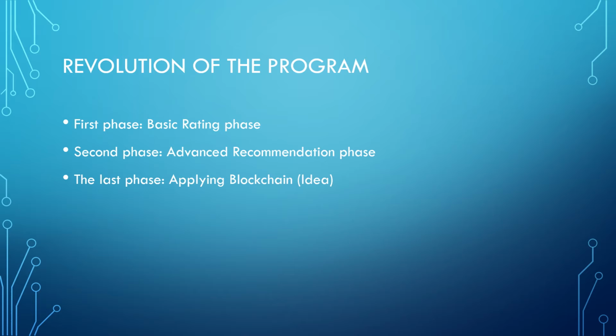So, in the basic rating phase, our idea is that the program will be able to rate prices, the location of houses and properties, the infrastructure there, and every aspect that can be rated. As you know, in the real estate sector, prices are unstable and fluctuate based on geographical location and market demand. So, to rate the cost of real estate, we need to make a ratio based on the location and the prices of nearby real estate, and if we want to rate the location of a real estate, we need to consider the infrastructure and the services there.